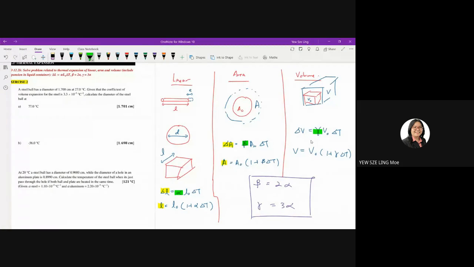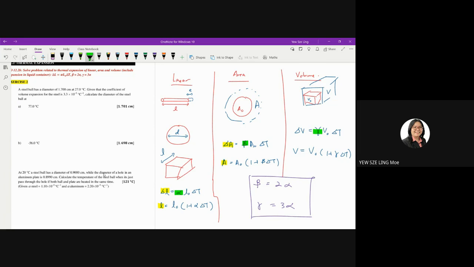Well, if you have an object with a larger coefficient, then it means it will expand faster. If your alpha is larger, then the object will expand faster. It becomes longer. And if you have a greater beta, then it will expand faster